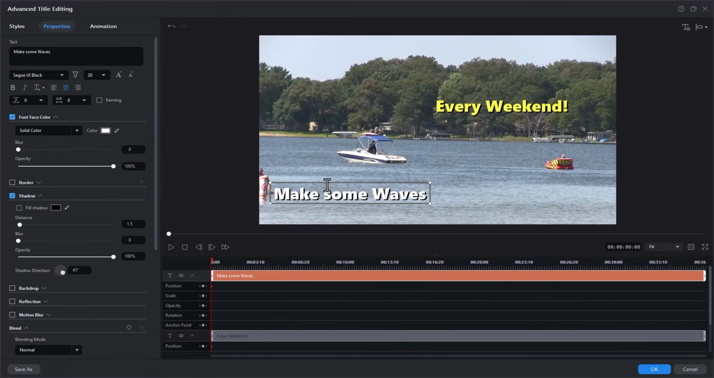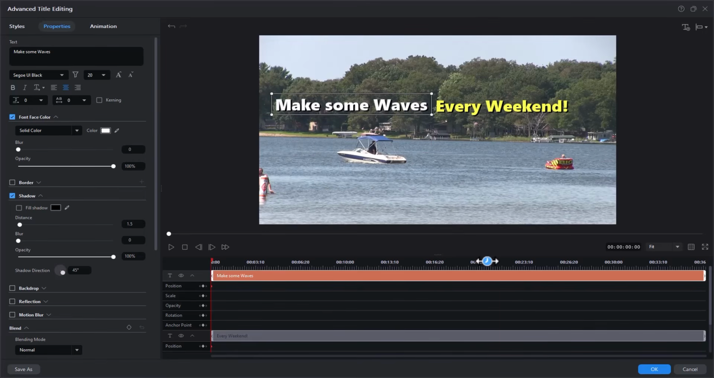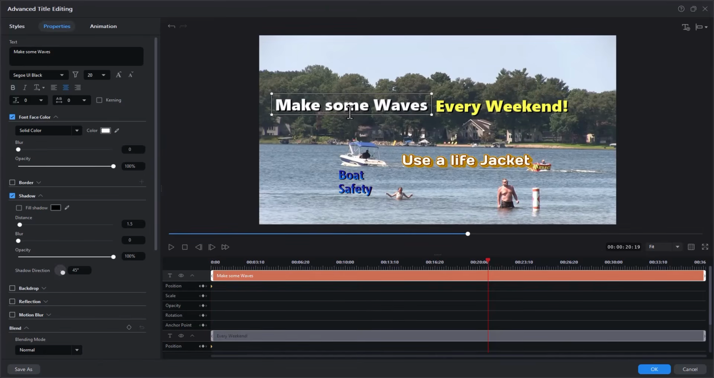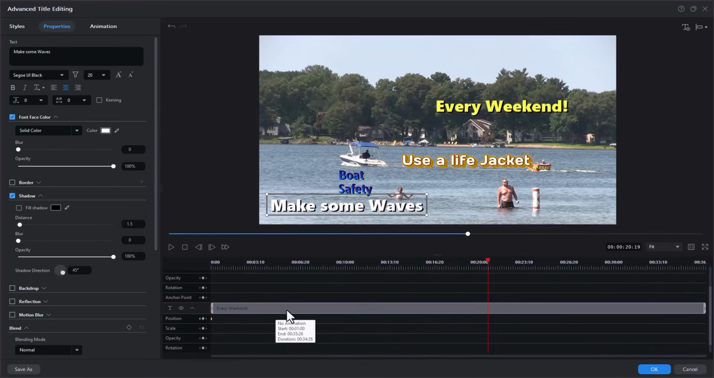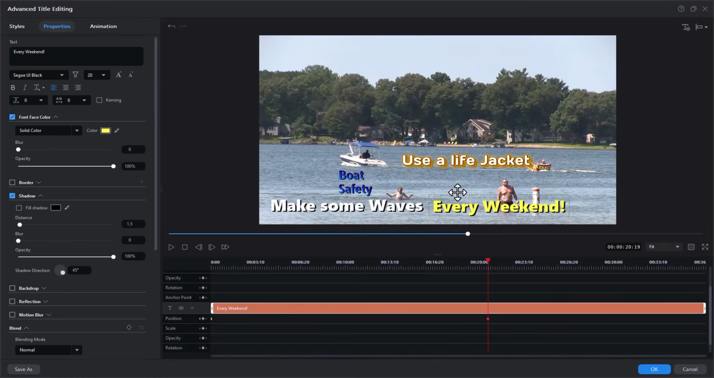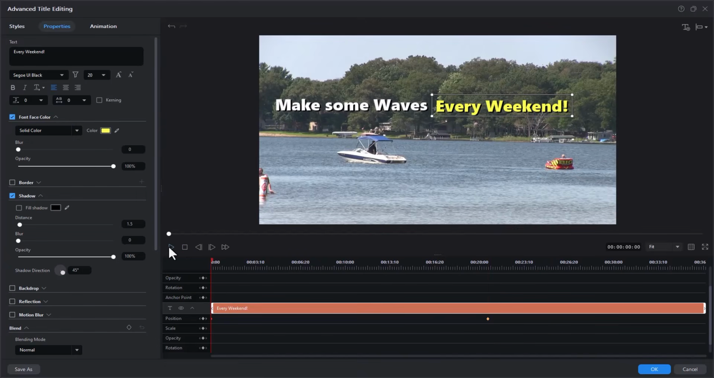Okay, then I'm going to take this and move this down. Oh, I shouldn't do that there. I need to move my playhead first. I'll move over here and I'll move this down. I'm going to click on the every weekend and move that down. I could be chasing the boat here, but I'm not going to do it. I just want to show you the principle. So now if I play this,